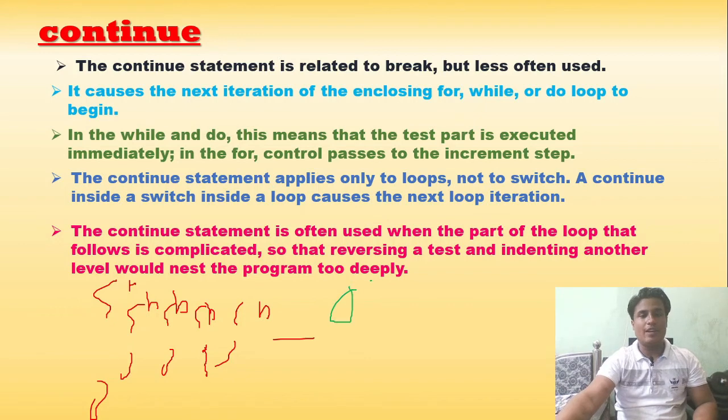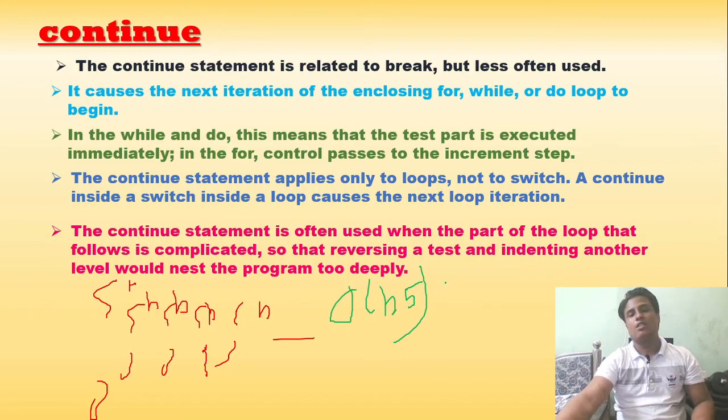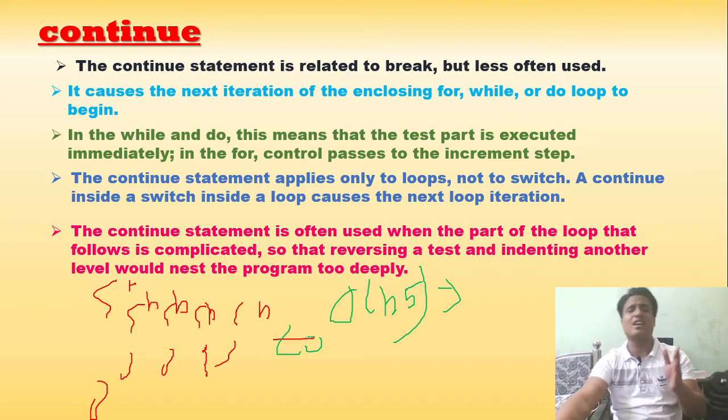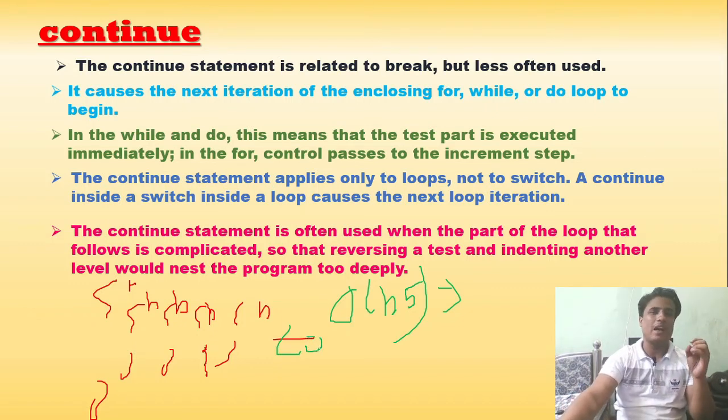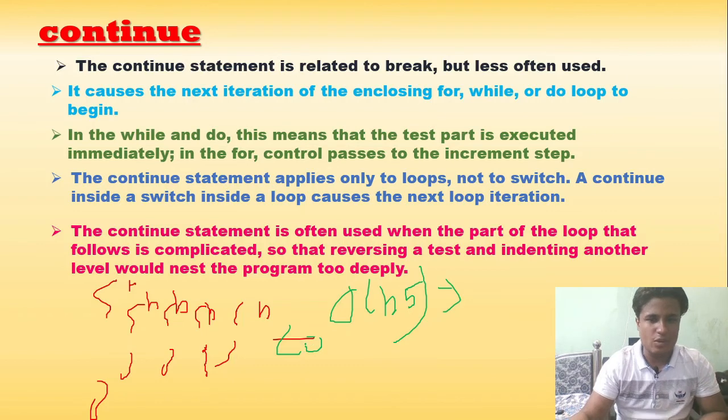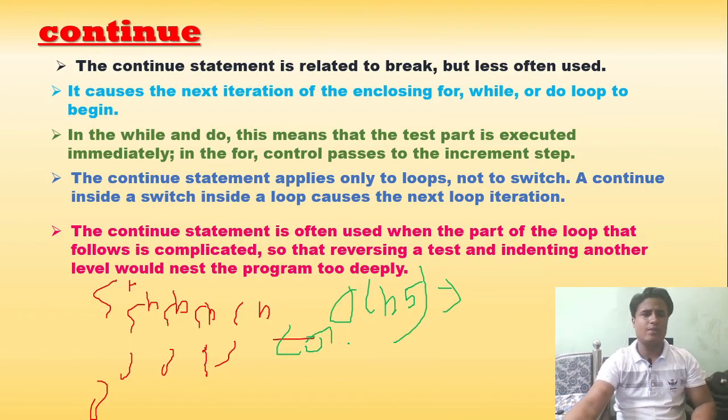So time complexity becomes order of n power 5. Okay, so it is a very long time complexity. In order to avoid it, we sometimes use continue. It will not affect you asymptotically, but it will definitely save you some time. Asymptotically the value will remain almost the same, but using continue we can reduce the time complexity to some extent. So this is what the statement means.